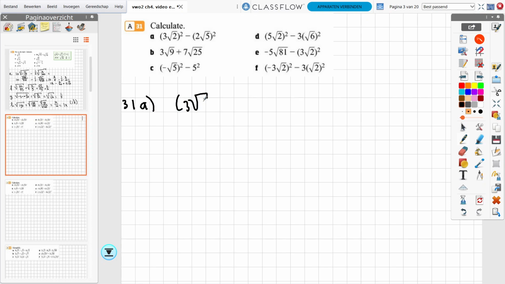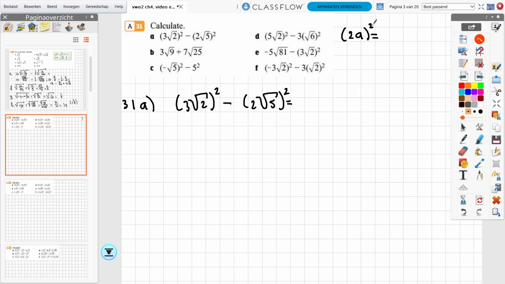3 root 2 squared minus 2 root 5 squared. And I'm going to write down the intermediate step here first, and then from this point onwards you can skip that intermediate step. I'm going to show that at D, what you could skip. Remember, if I have a square of a product, this looks a lot like, for example, 2a squared,